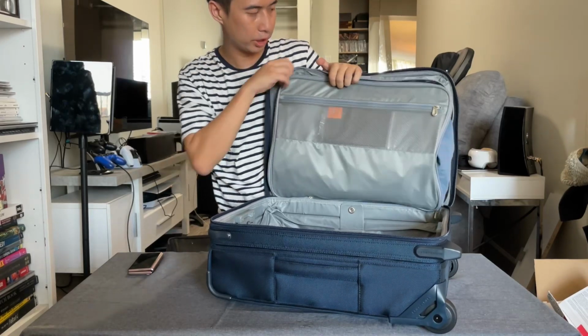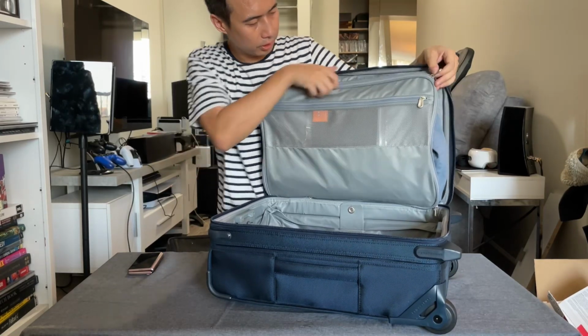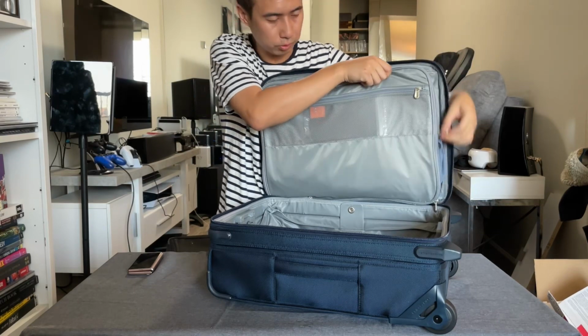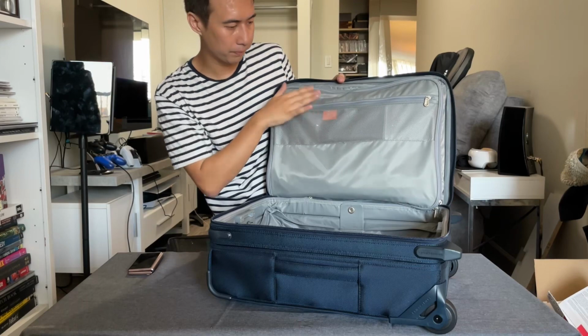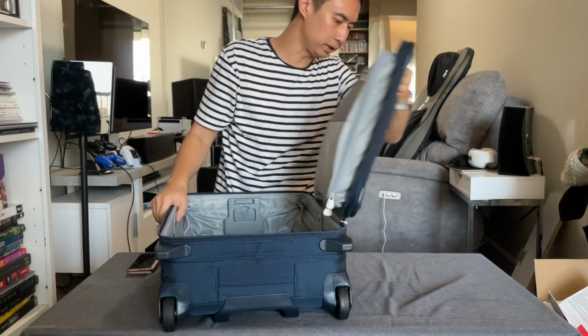So you can keep your jackets or your blazers, collar shirts or dress shirts, firmly folded in, hanging here, so you don't get any wrinkles. So that's really nice. Okay,